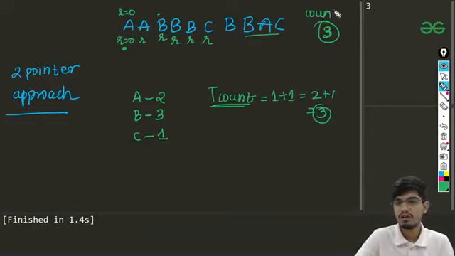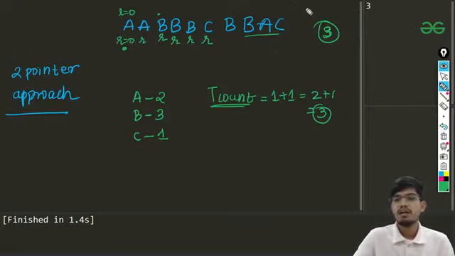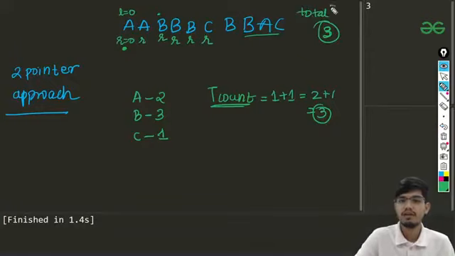I'll call this total count, so I'll give it a proper name: totally, which is the total distinct elements. So instead of total E, I'll call it total D.